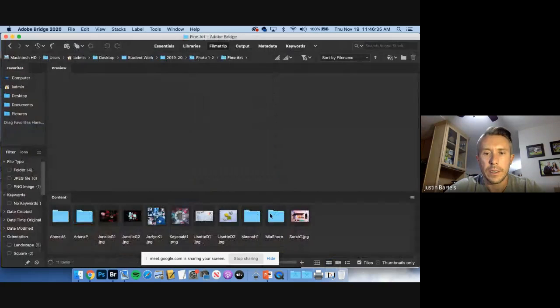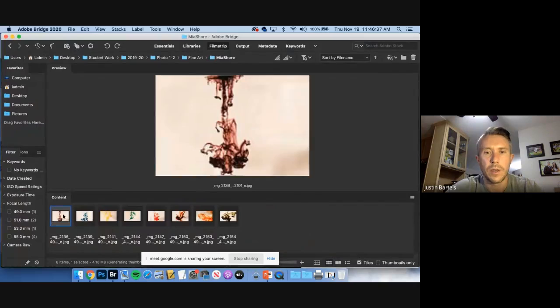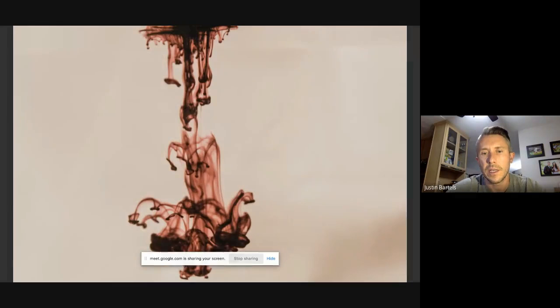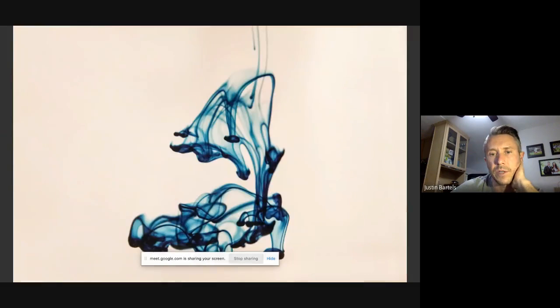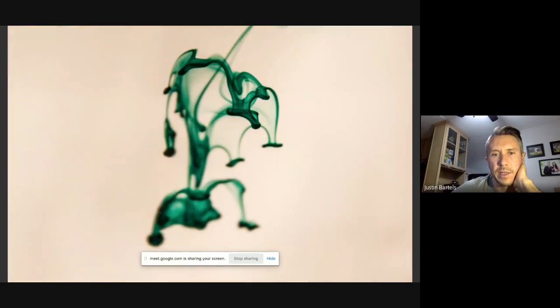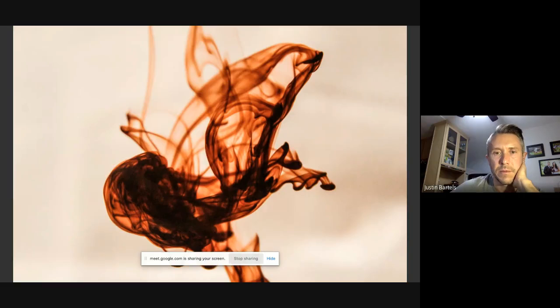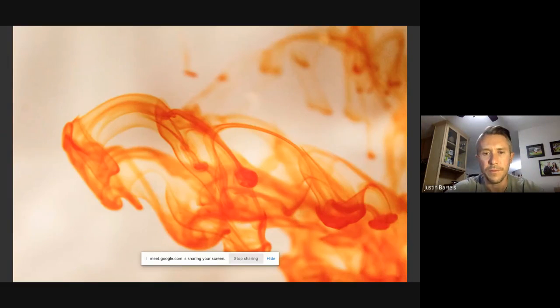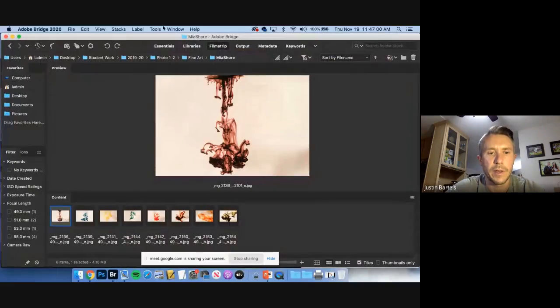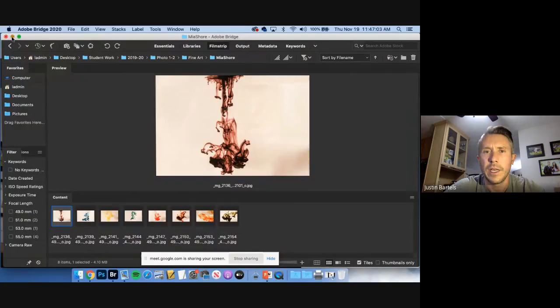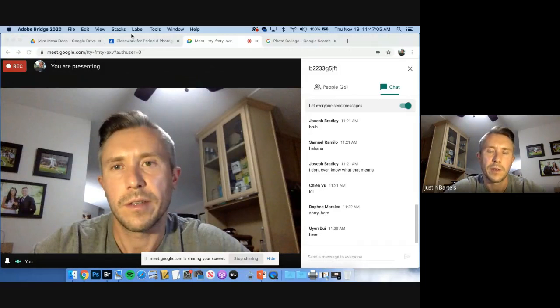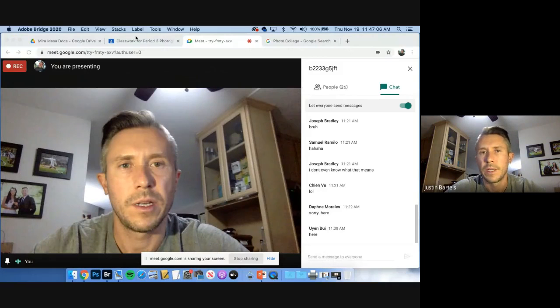And then this one, Mia did some different InkCloud still lifes. So she used just food dyes that you could buy at a grocery store, at Michael's, at an arts and crafts store. She set up a little tank with a white background, and then shot the food dyes, focusing on the different colors. So she did more than you needed to. But I thought it was cool that she tried different ones. And you can see you got different results doing that. So it's pretty cool. So I'm just going to stop the